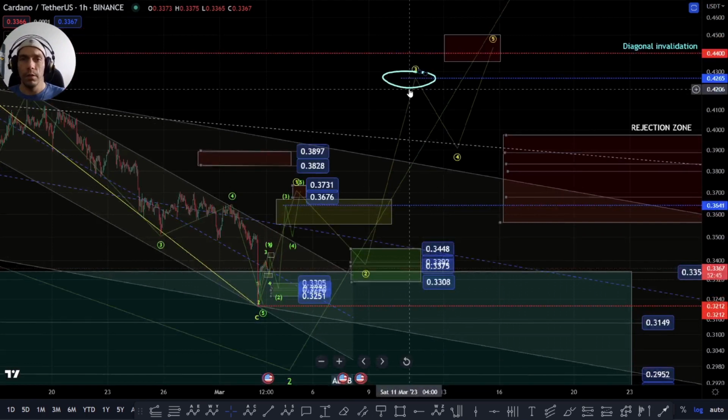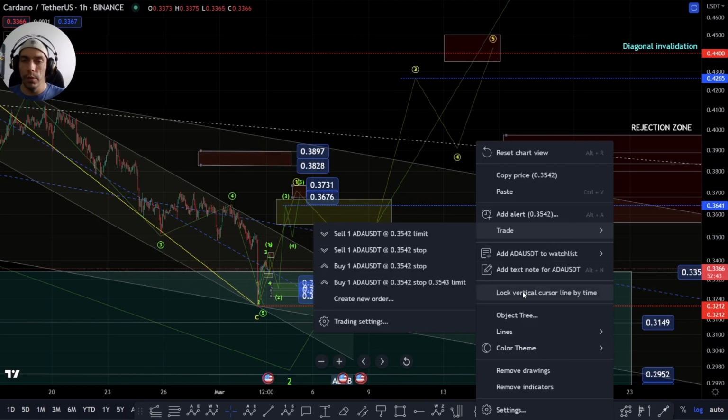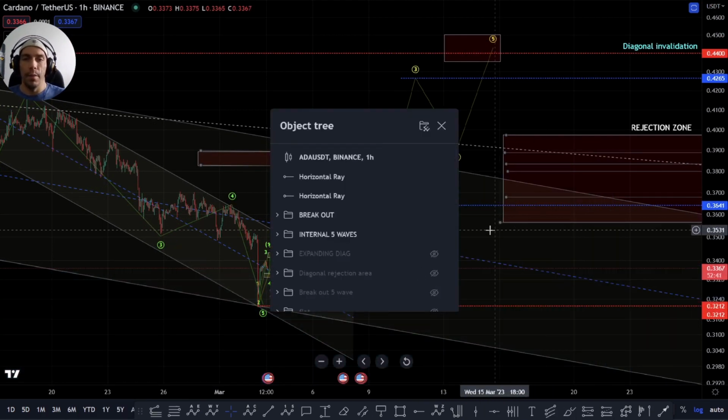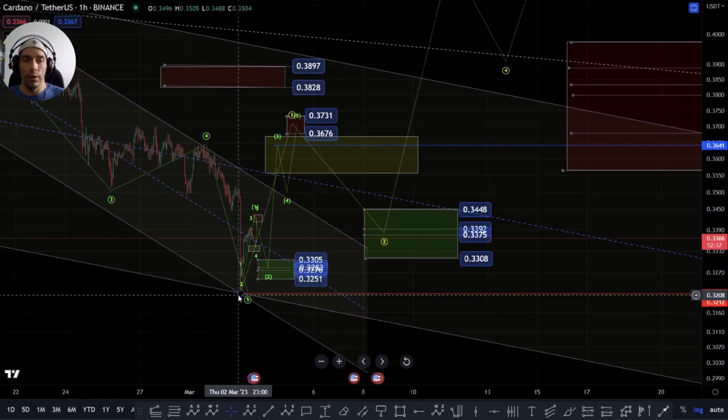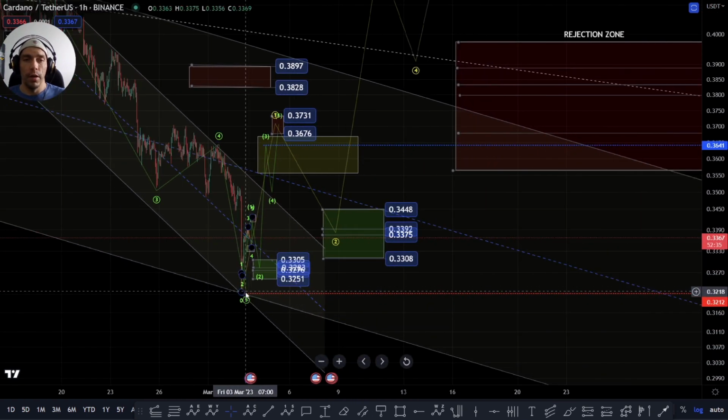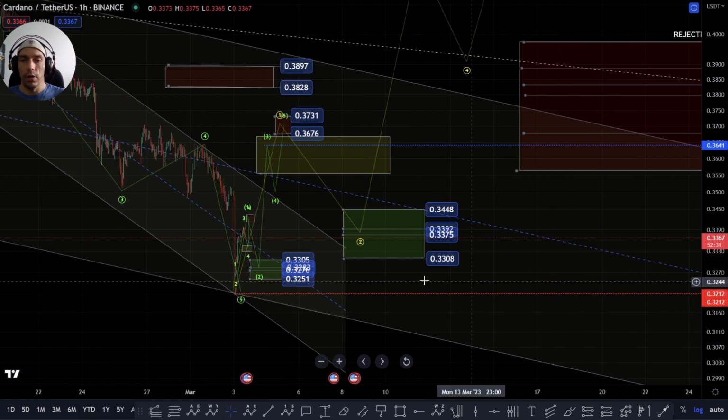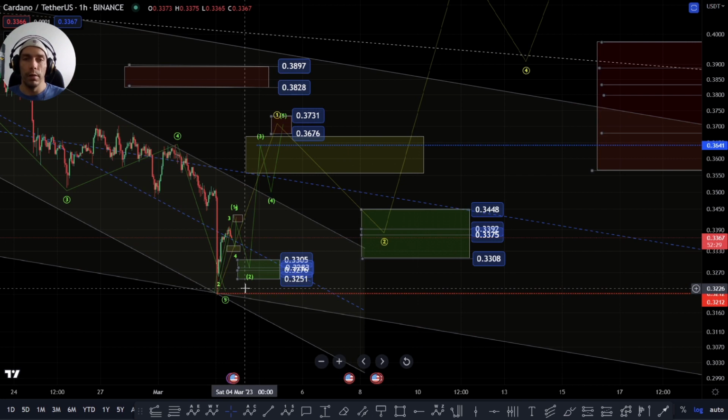Yeah, so I mean, we're going to have to give it a bit of space. There is this potential for this upside to play out, but we really need to, if we want to argue that this is the low of that B wave, we really can't lose this 32.12. If we lose this zone, then it effectively invalidates that whole potential, and then we'd have to look at another option.